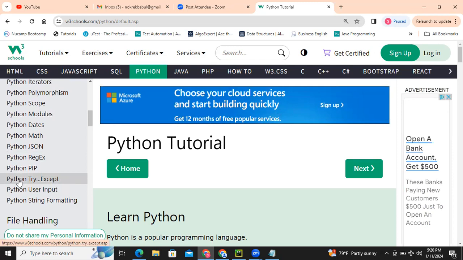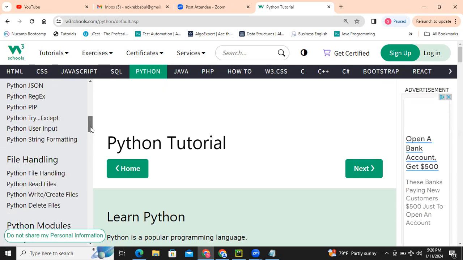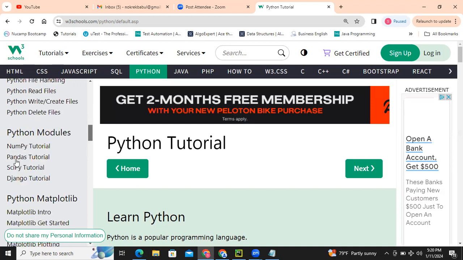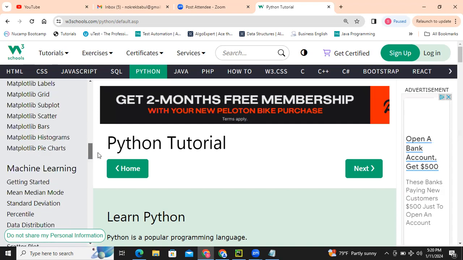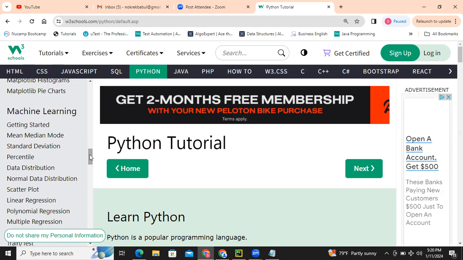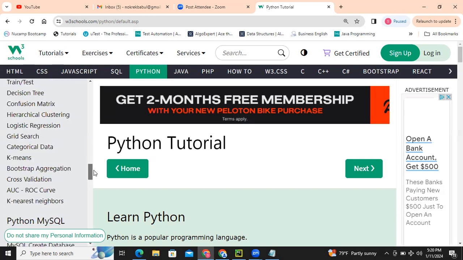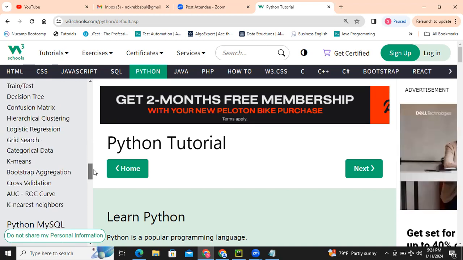Python try and exception handling, user inputs, string formatting, we don't need all these things. These are for data science. Machine learning, we don't need it. We need to know functions very well and object-oriented programming. Okay.